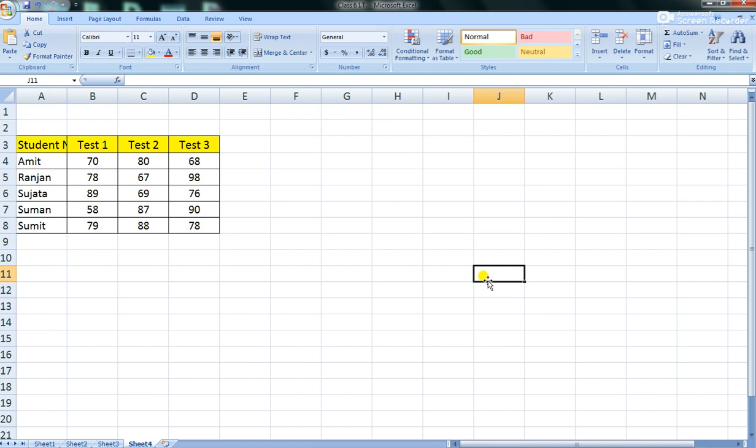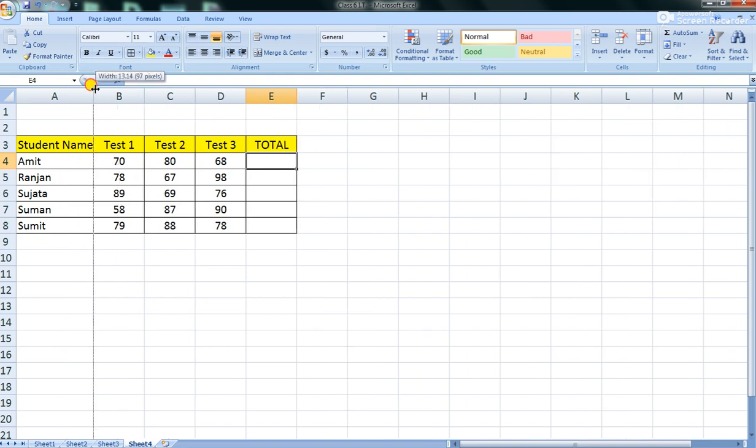Auto sum means the sum is calculated automatically. If I write Total over here, select it and provide the borders, and we want to calculate the addition of test 1, test 2 and test 3 of the children,